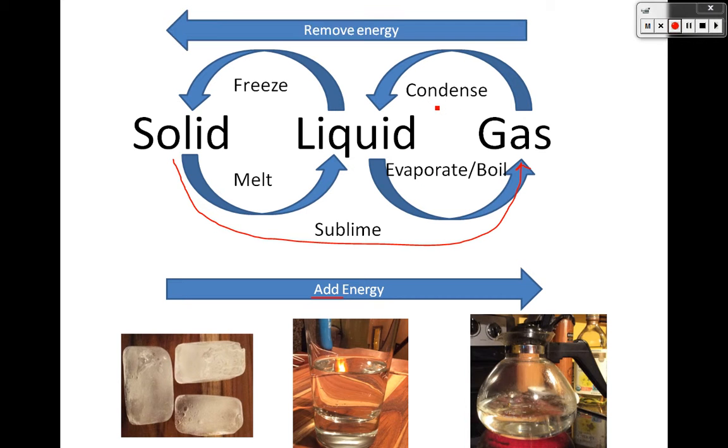And if you're going in this direction, you must be removing energy. It's the opposite. So melting is the opposite of freezing. Evaporating is the opposite of condensing. So if on evaporating we add energy, on condensing we remove energy. And just like I said, think about where that energy comes from. Okay, like where did the energy for the carbon dioxide to sublime come from? One question too is, okay, then where does the energy go when something's condensed, if it's being removed?